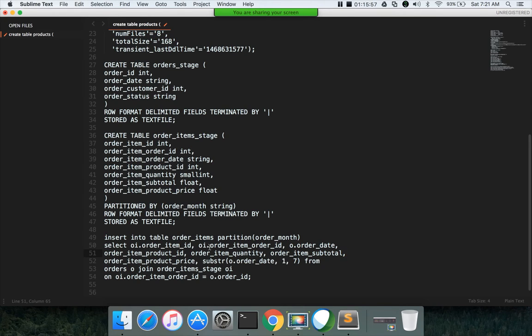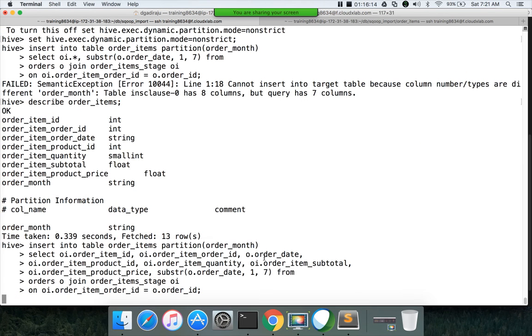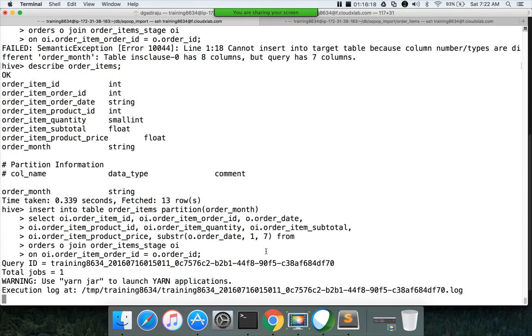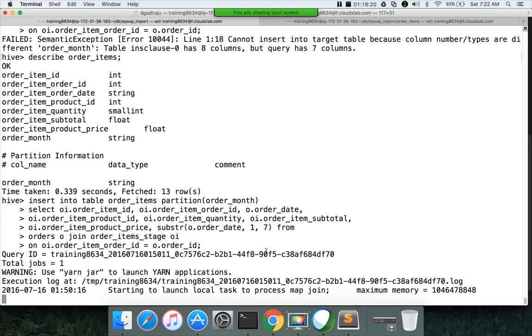For all these things I have to specify the prefix. Prefix is not mandatory because the column names are different between the two tables. Sometimes when the column names are the same in both tables, you have to use the prefix for sure. But here these prefixes are not mandatory. Still it might not work. Yeah, it is working. Okay.